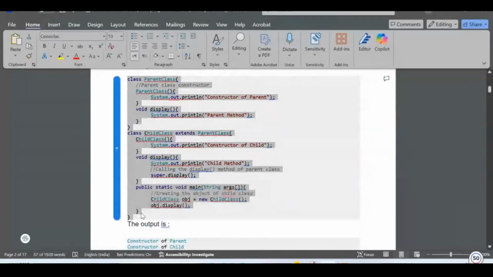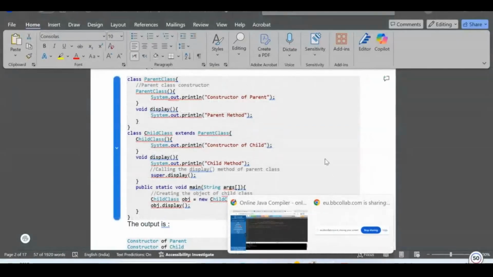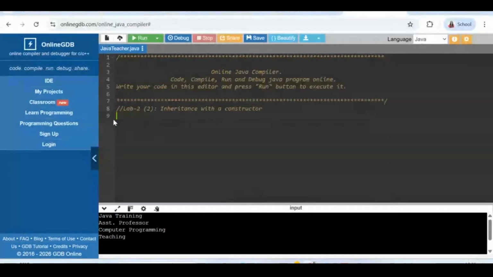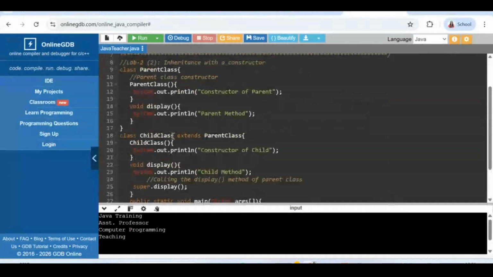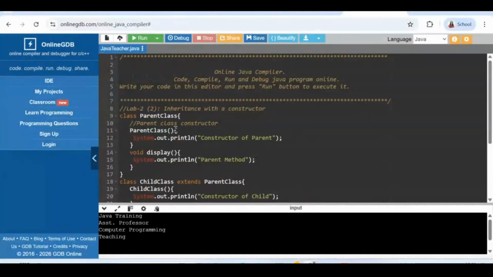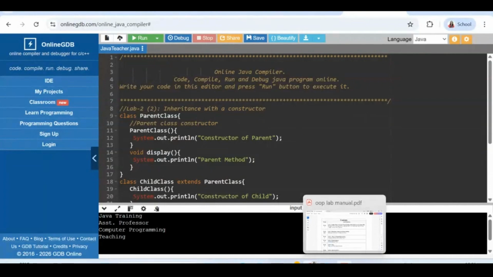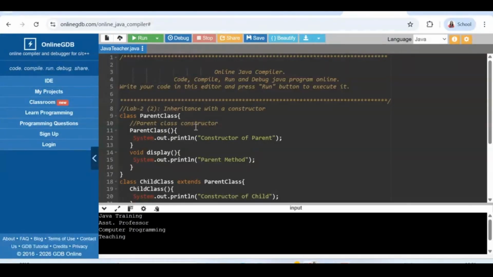This is the constructor program. How the constructor program works is here. So let's go from the constructor program. Listen here, constructor program. In this class, why do I use a constructor? You know that a constructor is a special block of code, similar to a method. So why use it? It is used for